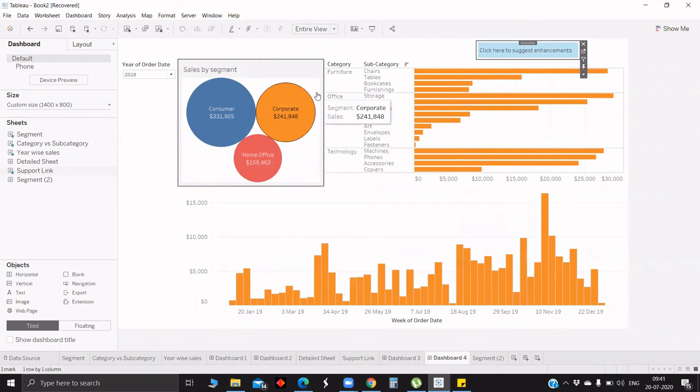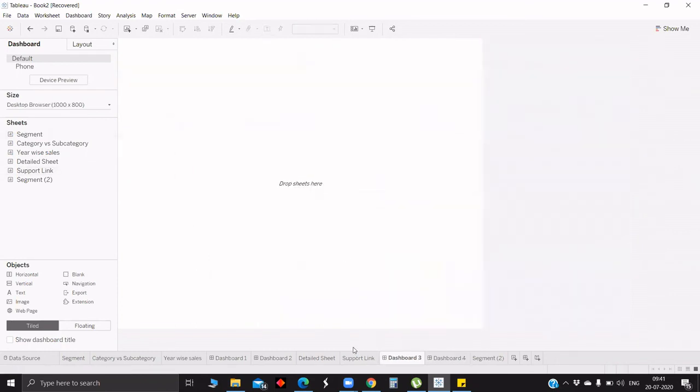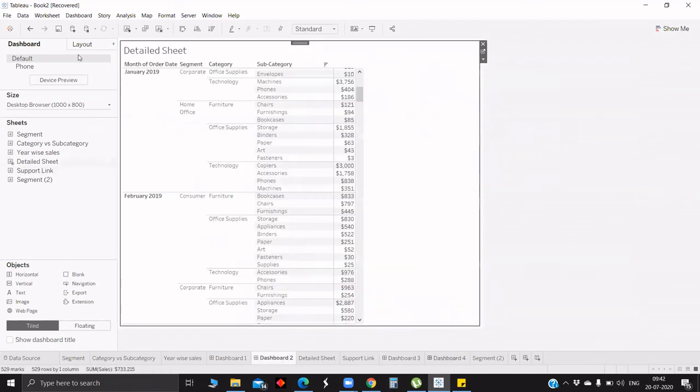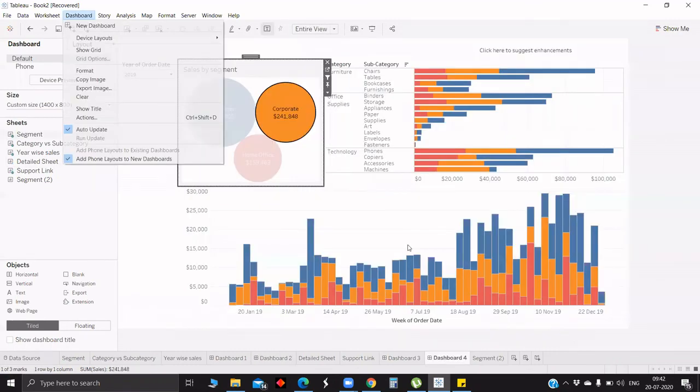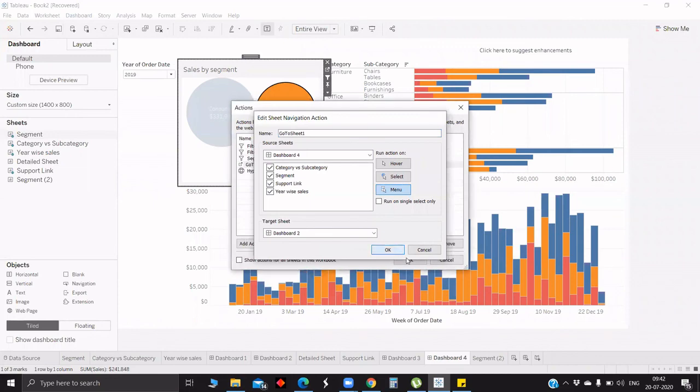Dashboard actions, hyperlink, edit. Go to sheet, edit. So it's dashboard 2 maybe. Yeah, okay.